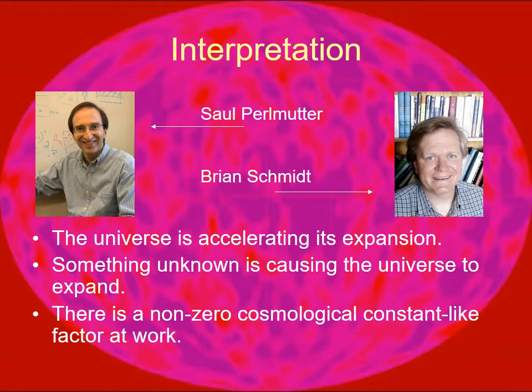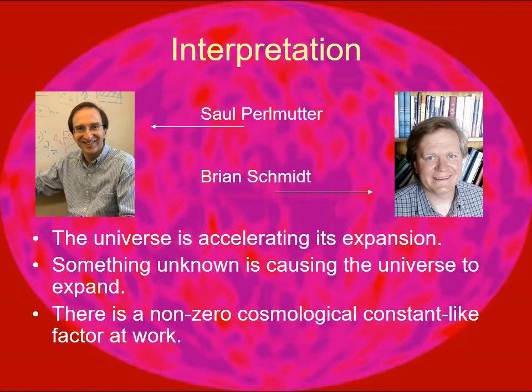But that would be an outward push. Now Einstein stuck it in there to be an outward push to balance the pull of gravity. Well, they realized it might overbalance, in which case it's an outward push in the universe. So the universe expands, gravity slows it down, but once it gets big enough, because that term is constant, and that's the thing, it's a constant. So the bigger the universe is, the more space there is. The more space there is, the more outward it pushes. And so at some point, that outward push overcomes gravity, and now the universe starts speeding up.